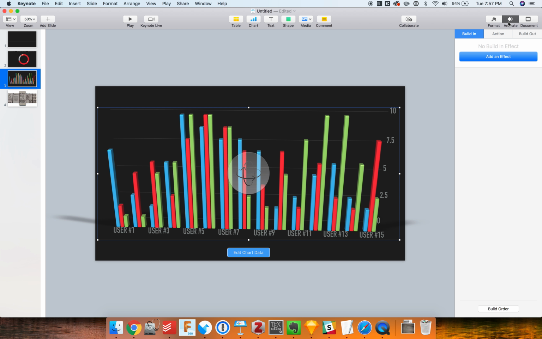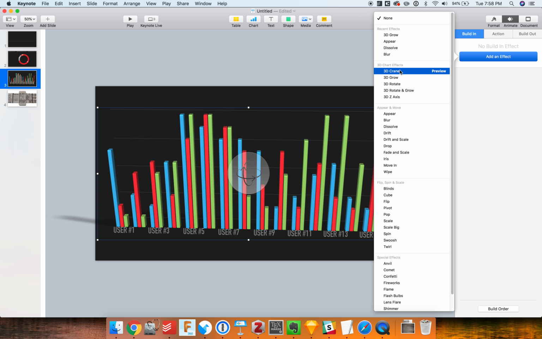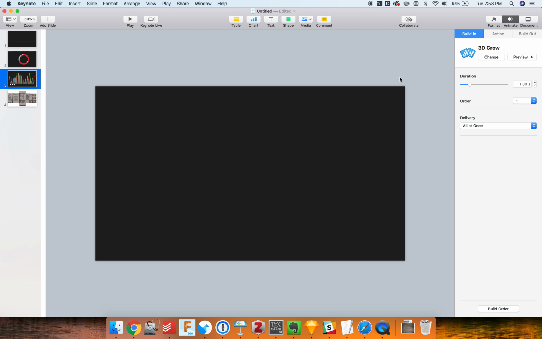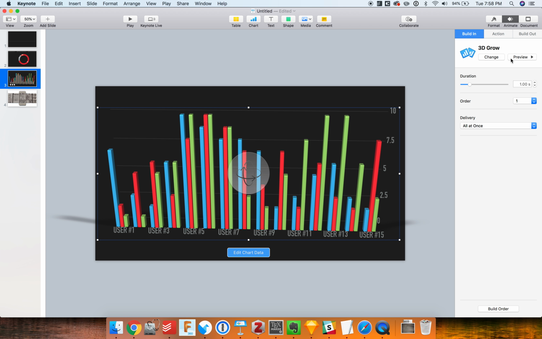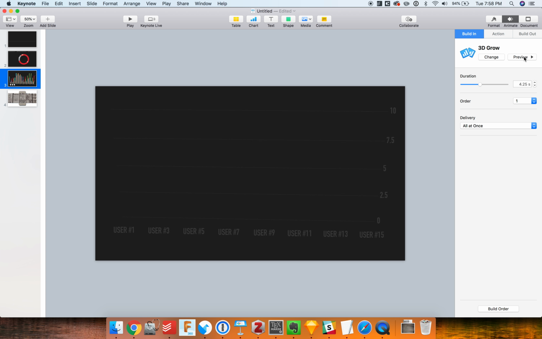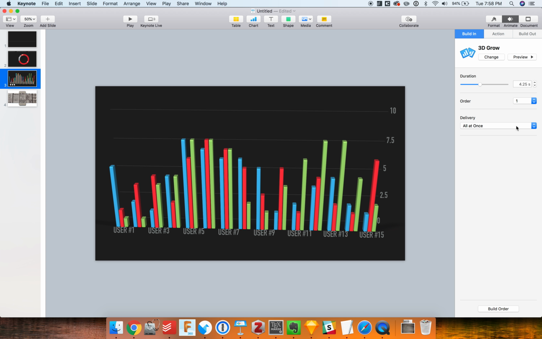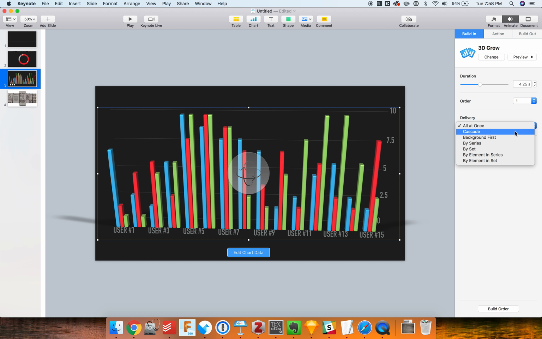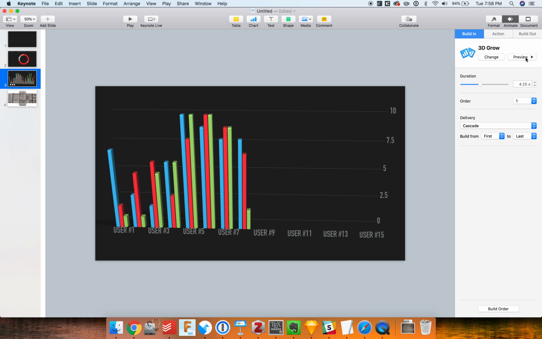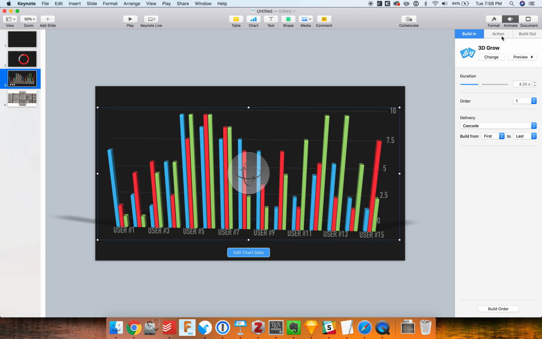And then the other thing we can do is actually animate this. So we click on the animation tab up here, and then there are built-ins, add an effect. And then for the 3D chart effects, we can use, for instance, 3D grow, and then it'll appear like that. Or we can change the duration of that, so maybe we want it to be a little bit slower. We can also have it cascade, so it doesn't do it all at once. And there's a lot of different options for how you can have it display these graphs and this information,